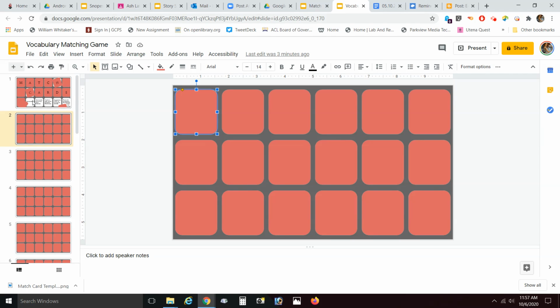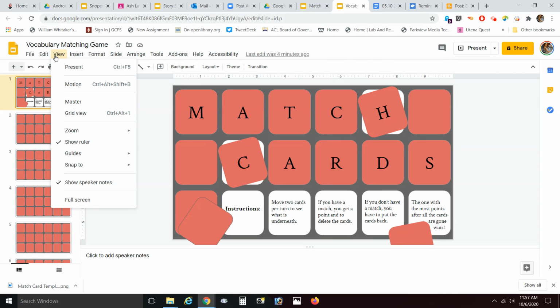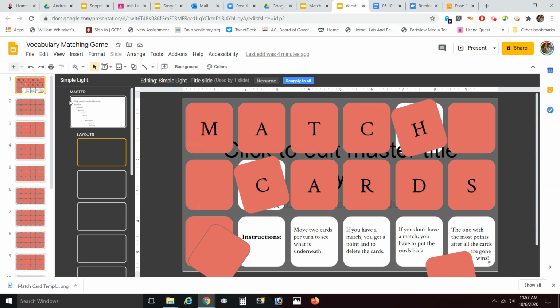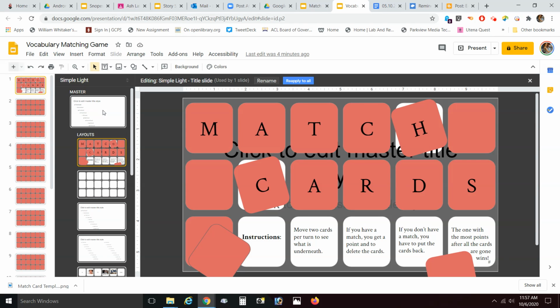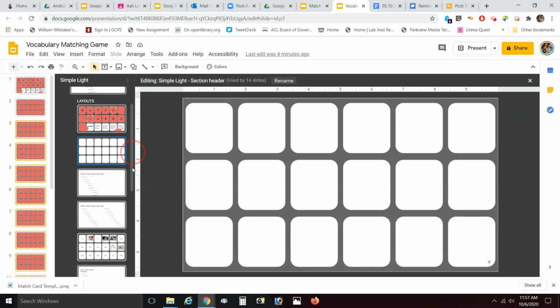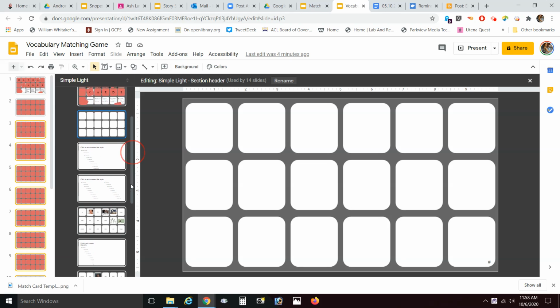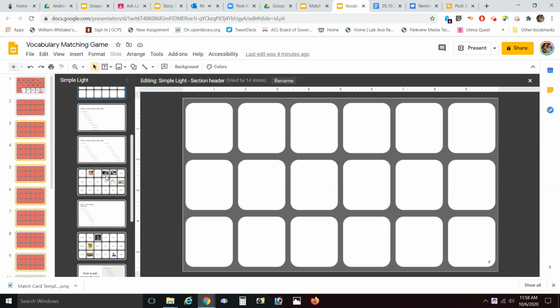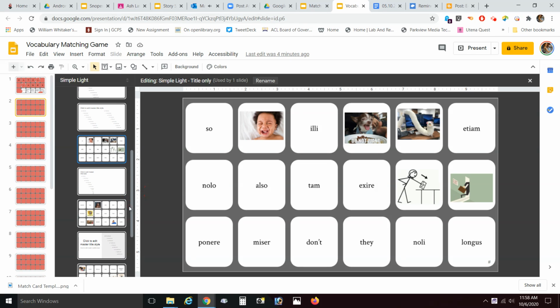So again, you can go into View, Master. And again, your master, this is where you can change the instructions to a different language or change them a little bit, change the title if you want. You can even change the layout of these things. I just thought it was cute, so I set it up like that. This is where I have my blank template so that I can sort them out with blank cards because they'll start fidgeting with them immediately. And then I have 3 templates set up, so I can actually